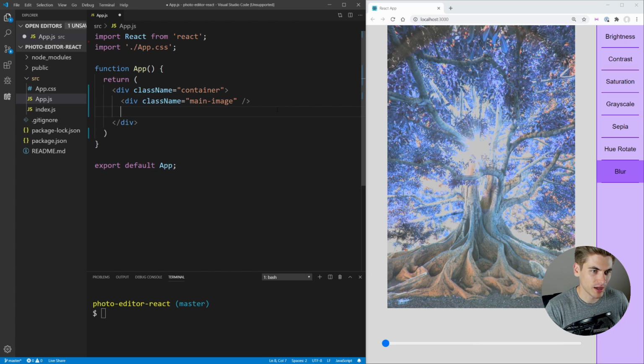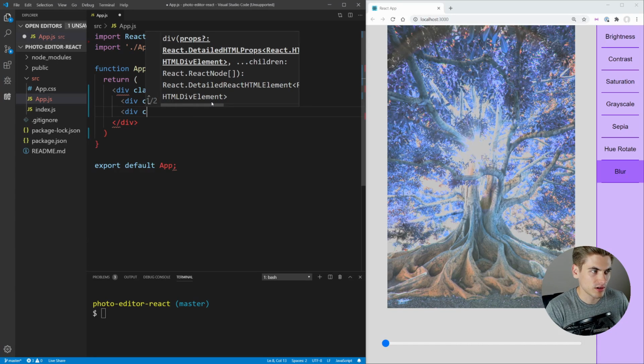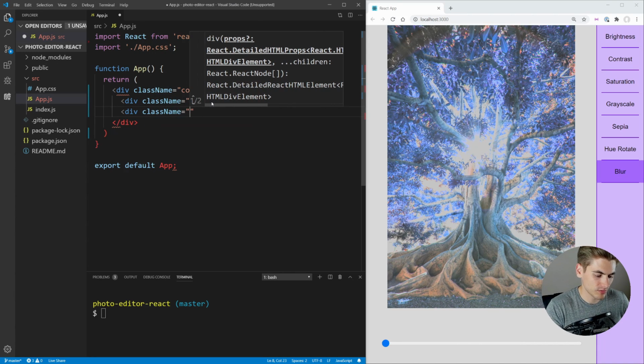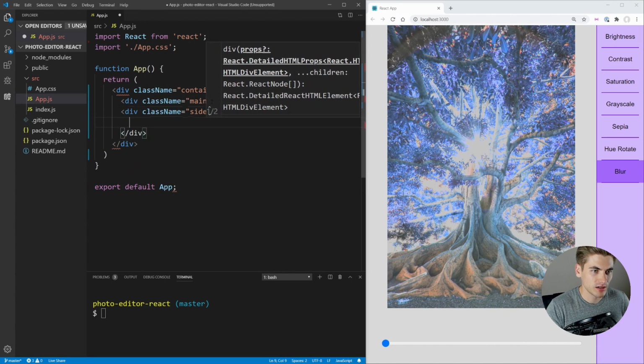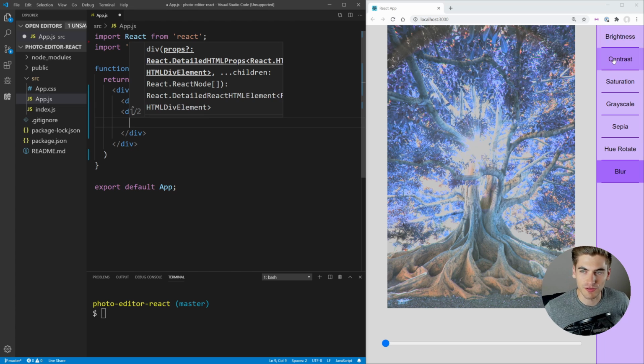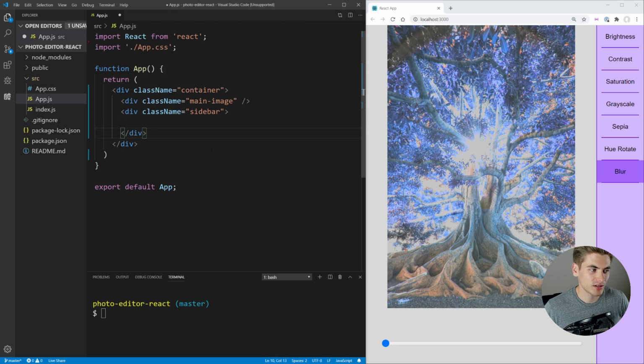And the next thing that we're going to have is going to be this sidebar section. So let's just create a div. We're going to give it a class name here, which is equal to sidebar. And inside of this sidebar, we're going to put all of these different text items. And for now, we're just going to leave this blank because we're going to fill in that text later with custom sidebar item components. And the last thing that we're going to need is going to be our slider,